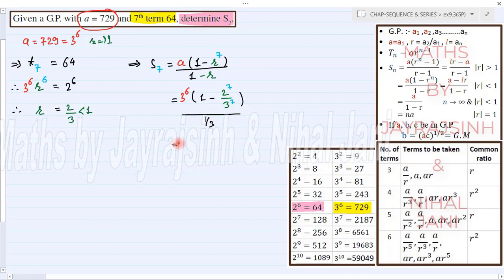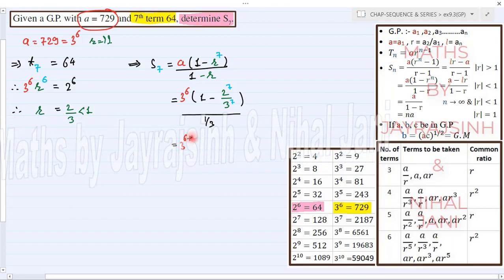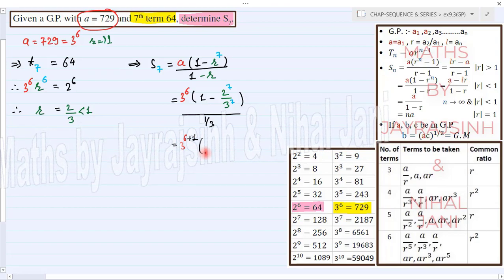For further simplification, we'll get 3^(6+1),